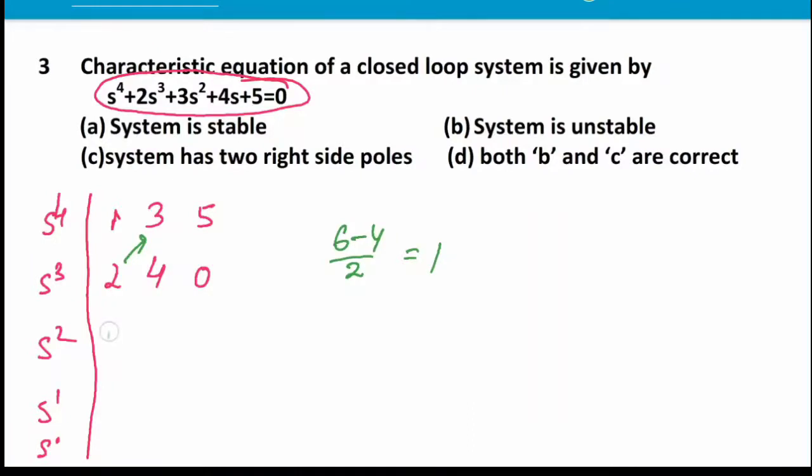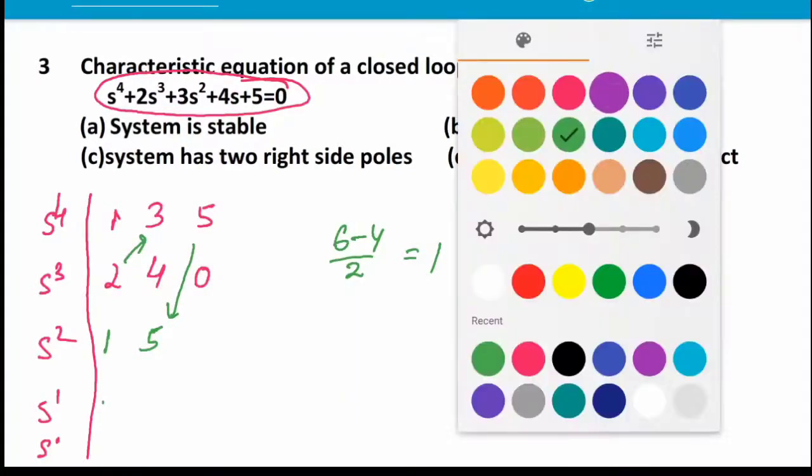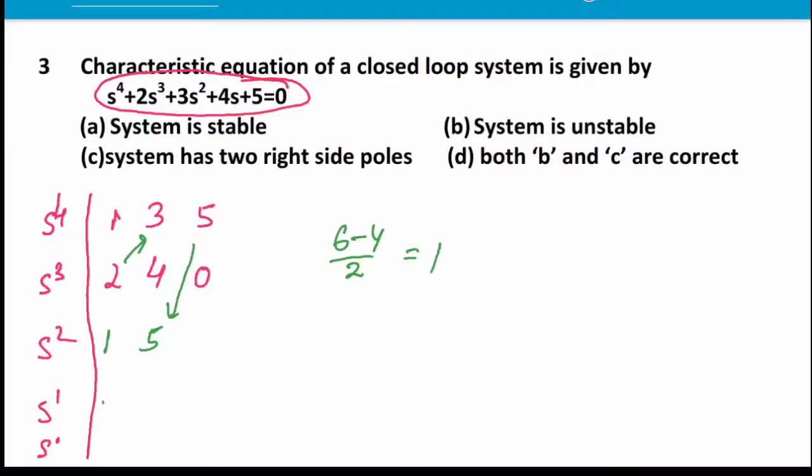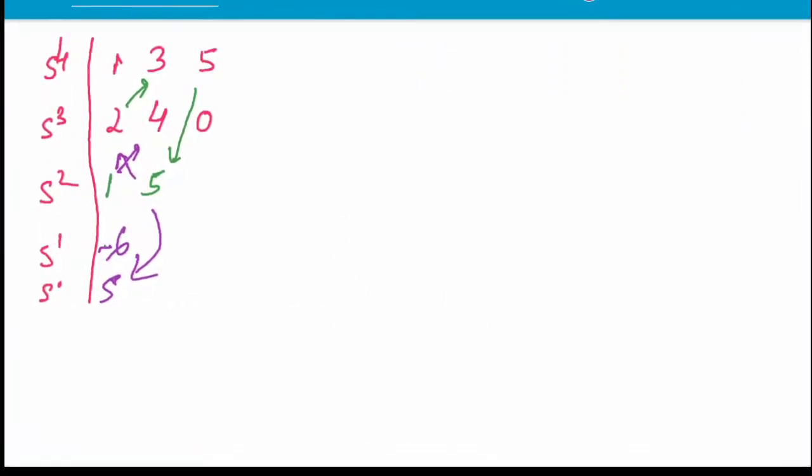So here this will be 1, and next is 5, this will come to this place, and next this line will be 4 minus 10 by 1, this will be minus 6, this place it will be minus 6, and this will be replaced by 5. So here in the first column